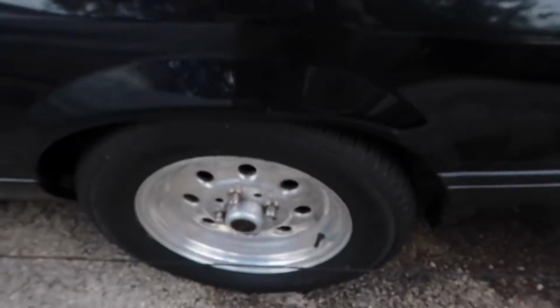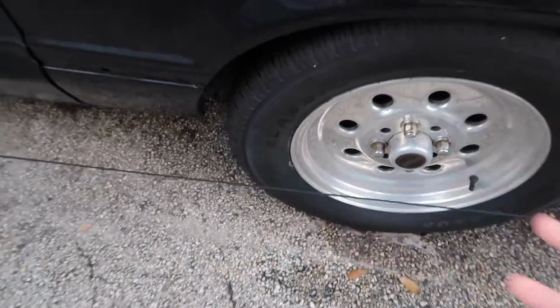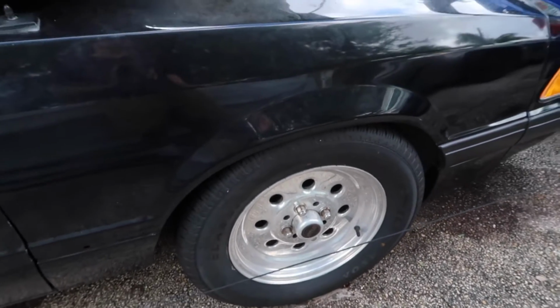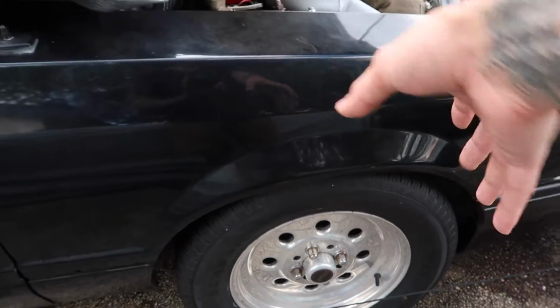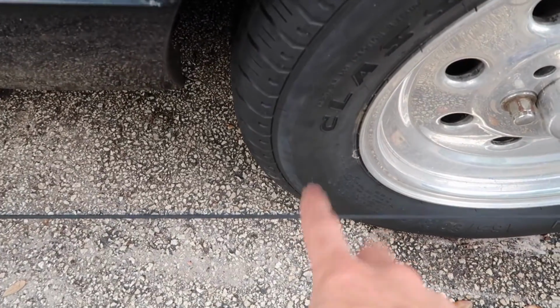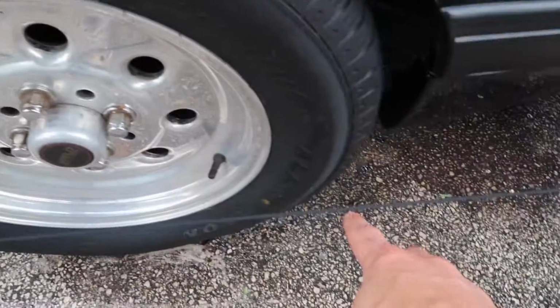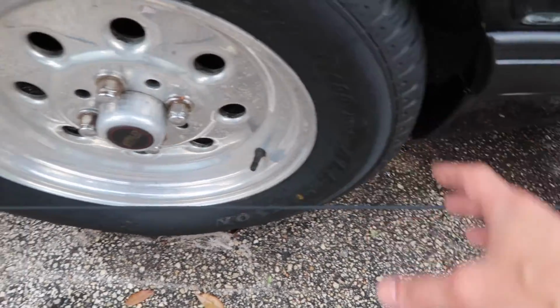So once you have that dialed in, then you can just take measurements off the sidewall of the front tire to the string, and that'll give you a good representation of if the tire needs to be moved, you know, toe in or toe out. Because if you measure from the sidewall to the string and it's 2.5 inches in the back and then 3 inches in the front, then you know that you have to go toe out some in order to make up